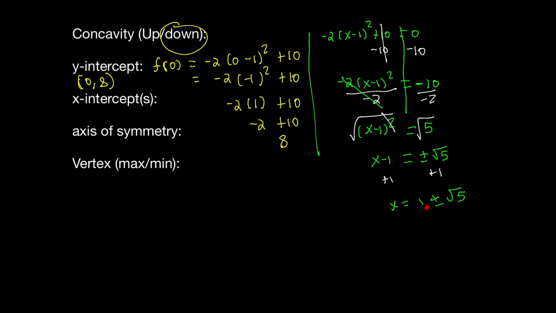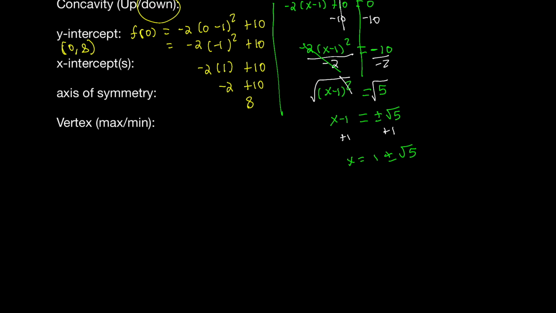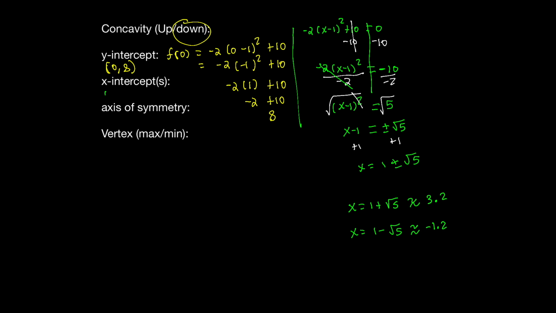Now, this is the exact solution, but since our goal is to eventually graph this, I'm going to go ahead and use a calculator to approximate both of these values. And using the calculator, I'm getting the approximation of about 3.2 and negative 1.2. So my x-intercepts are going to be 3.2, 0 and negative